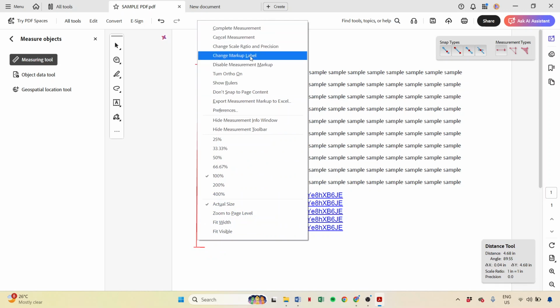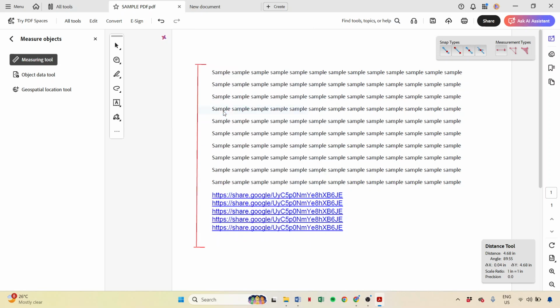If you'd like to personalize or adjust the appearance of your measurements, this can be easily achieved. Right-click on any measurement and choose Properties. Here you have the ability to modify parameters like line color, thickness, text size, and units of measurement, such as inches or millimeters. If you wish to maintain these settings for future use, simply check the Make Properties Default option